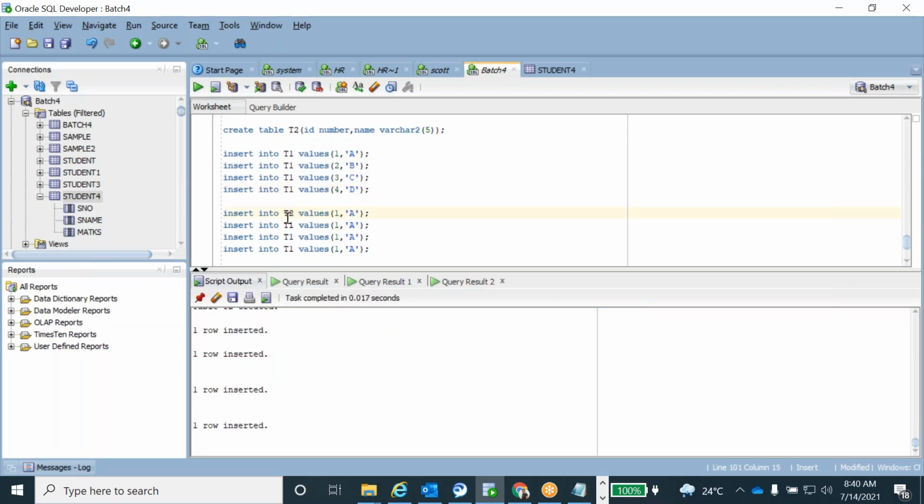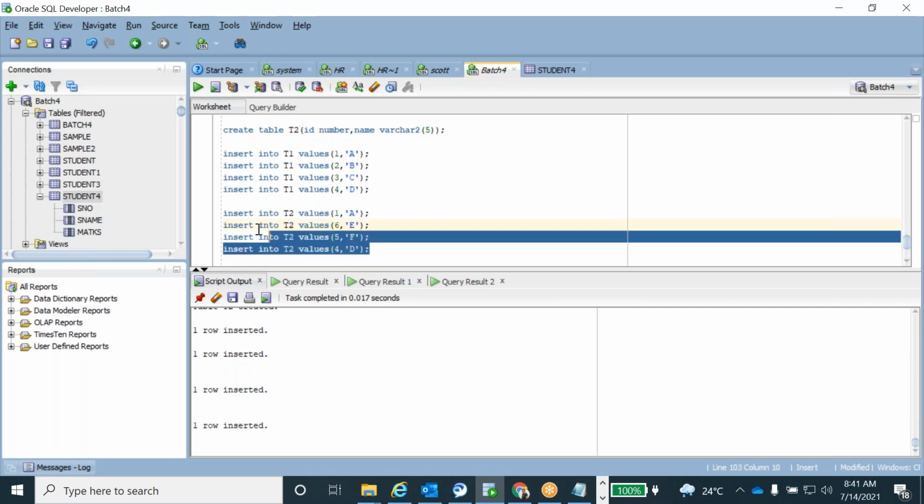So I'm going to do the same thing for table 2 also. I give 1 A, which is the same. 2 E, 3 F, 5, 4 D. Table 2 also I'm going to create some records. Just I'm giving a 6 here.